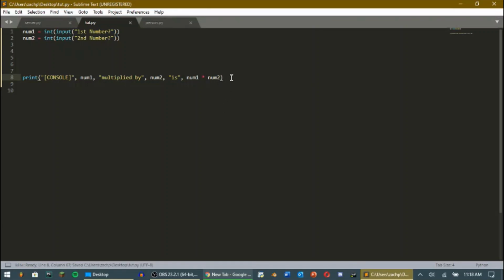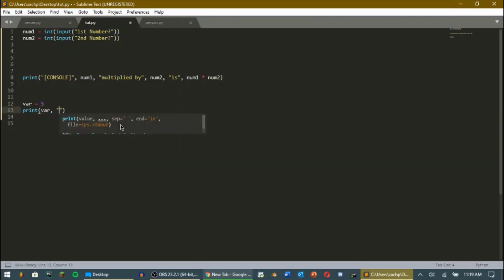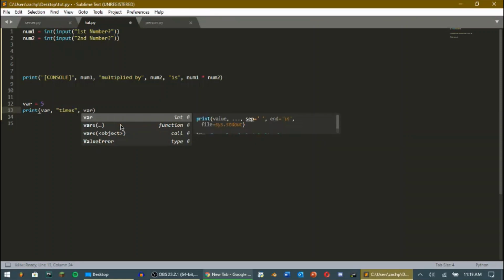So if we look at this in a little bit easier way, let me write this out in a different way for you. So we can have it say 5 times 5 is 25. So we would say, let's create a variable. So var equals 5. So we can say var, just calling our variable, it's going to print 5. We say comma to create another part of this print statement, and then in parentheses we can put a string. So we're going to say 5 times, then outside of that we put another comma, times var, comma,